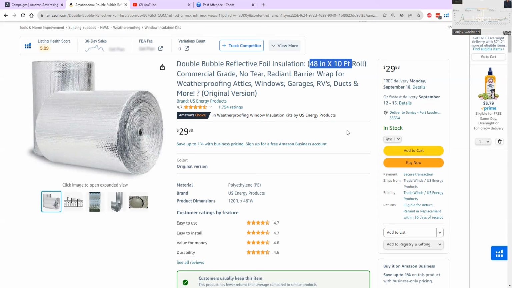In Helium 10, what you need to do is go into Cerebro and copy and paste the ASIN. Once you get those keyword lists, maybe they're 500, maybe 1,000, maybe 10,000, whatever it is, you've got to download the whole list, the complete list. Just use export and it's going to give you an Excel file. Then on that Excel file, you want to create separate tabs. You want to create a tab that says indexing. You want to create a tab that's non-indexing.